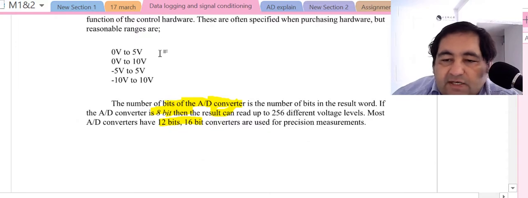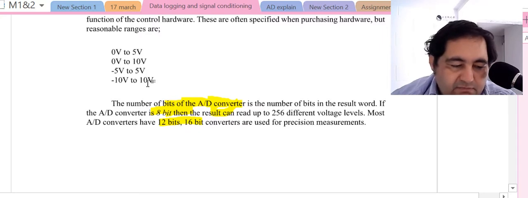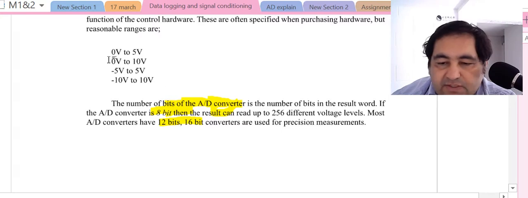We said there are different ranges of data that are standard: 0 to 5 volt, 0 to 10 volt, minus 5 to 5 volt, and minus 10 to 10 volt. There are some standard ranges that we have. We obviously have other ranges too, but we wanted to start and work on these ranges first. The number of bits of